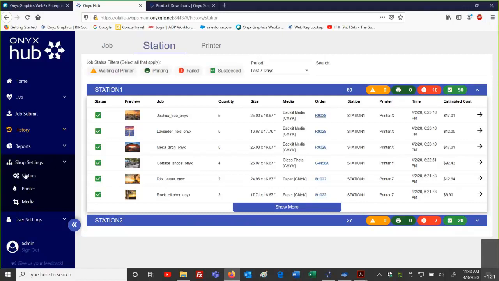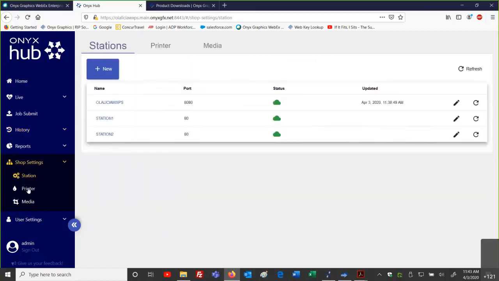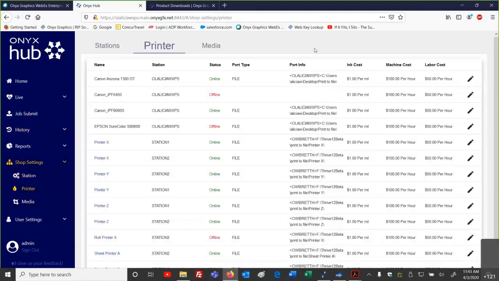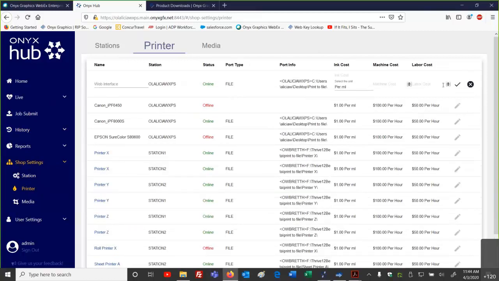Let's see if I set up my printer, and if I look at this costing, let's take a look. Milliliter, yep, you got it right here. Milliliter or square feet, that's our ink, of course. And then for your independent cost, that's just labor, that's just data sets for that. But yes, it looks like you can't select the unit for milliliters or square feet.